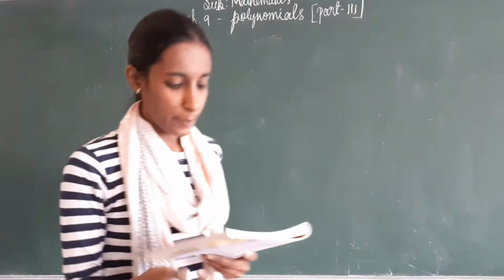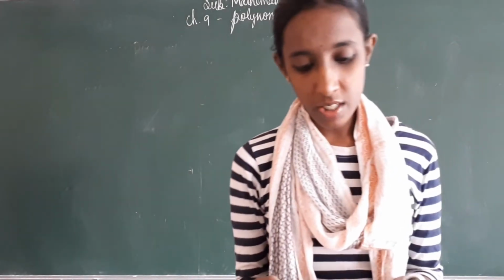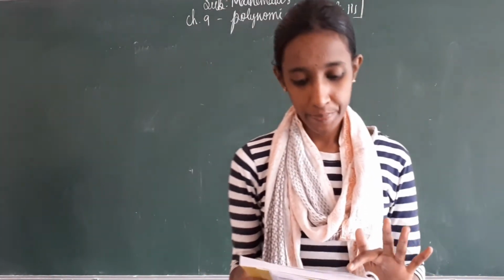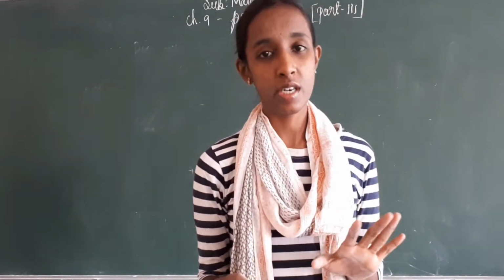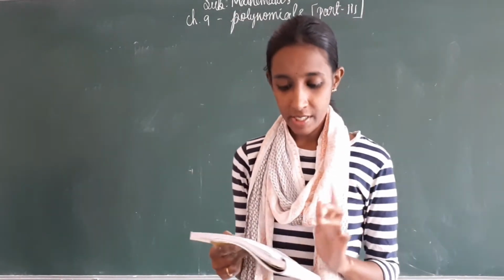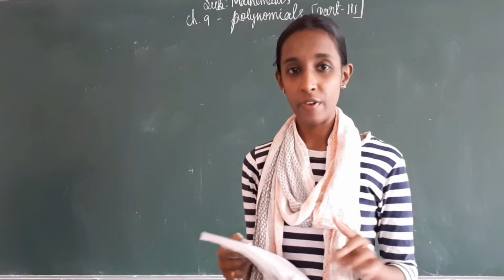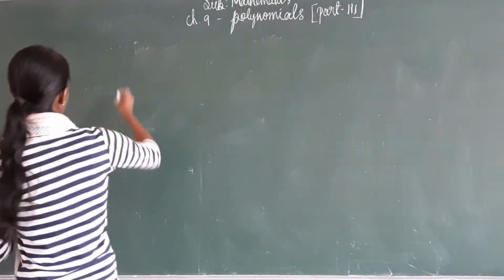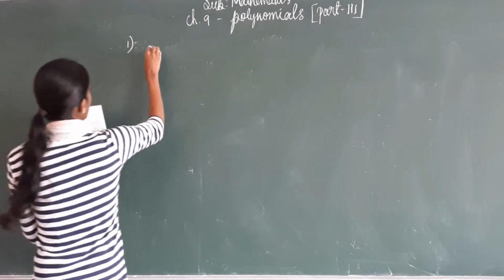Divide the polynomial p of x by the polynomial g of x and find the quotient and remainder in each of the following. Okay, you have to find the quotient and the remainder. And p of x, g of x they have already given. You know that p of x is the dividend and g of x is the divisor. Okay, first question, p of x